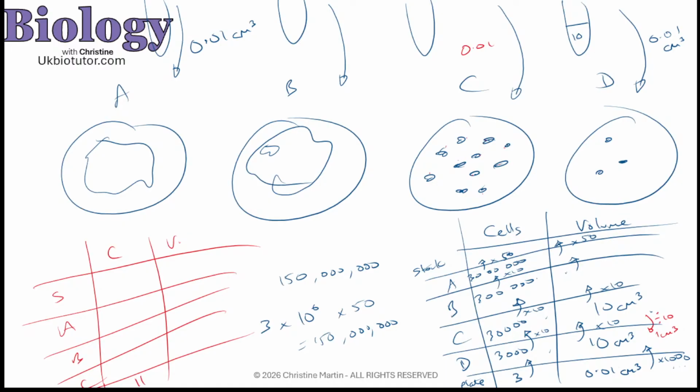I would be doing exactly the same thing. I had 0.01 centimeters cubed. So to get back up here, I need to times 10 to the power of 3. So therefore I need to do 10 to the power of 3, then 10 to the power of 1, times 10 to the power of 1, and then times the 50. So if I do it this way,